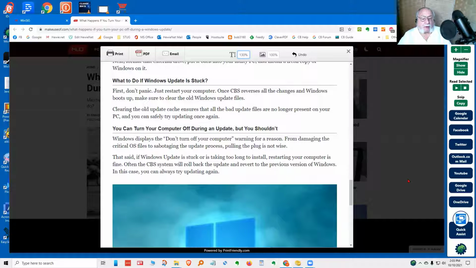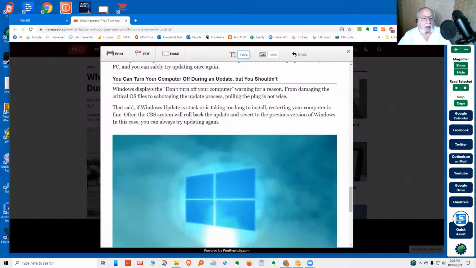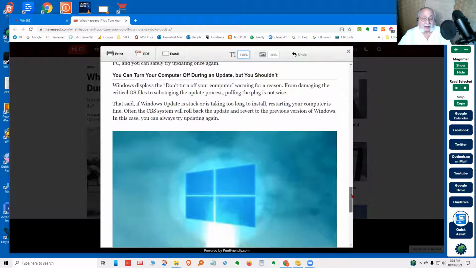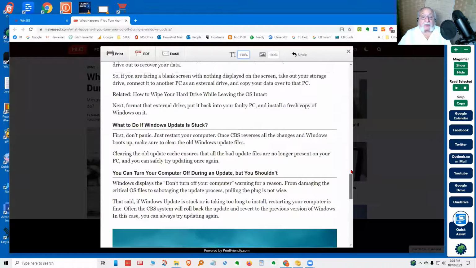You can try to turn your computer off during an update, but you shouldn't. Windows displays the don't turn off your computer warning for a reason, from damaging the critical operating system files to sabotaging the update process. Pulling the plug is not wise. That said, if Windows Update is stuck or is taking too long to install, restarting your computer is fine. While the CBS system will roll back the update and revert to the previous version of Windows, in this case, you can always try updating again. Obviously, though, you won't know if you've got a successful rollback using the CBS until you've done it, and by then it's too late. So let's